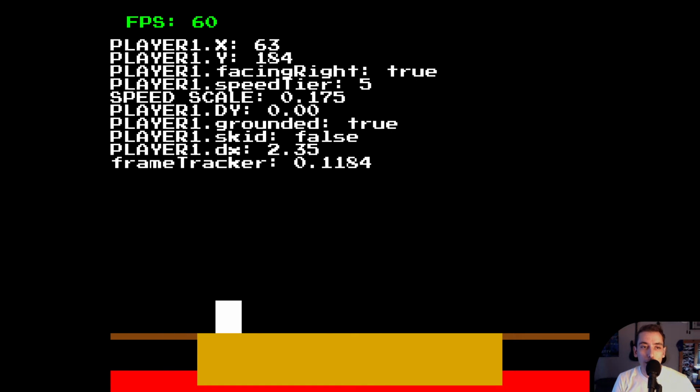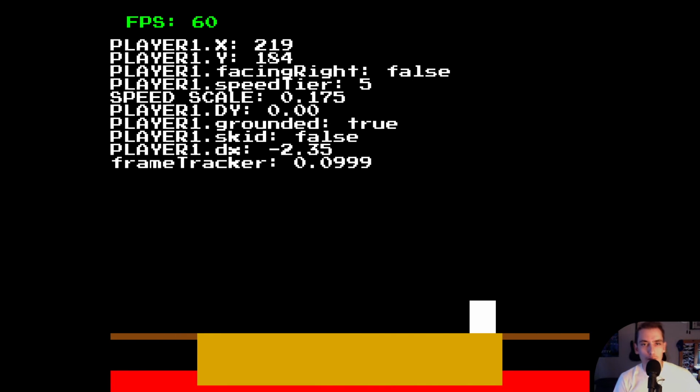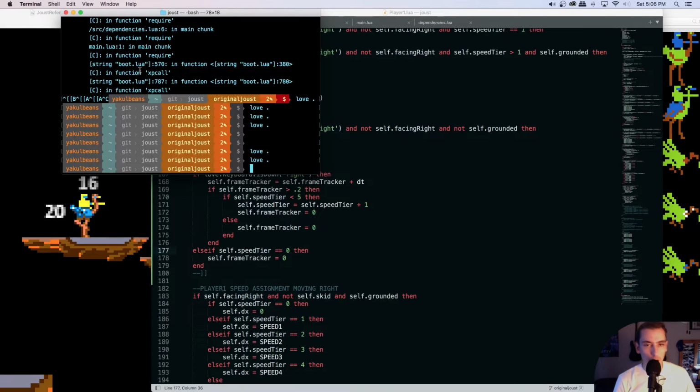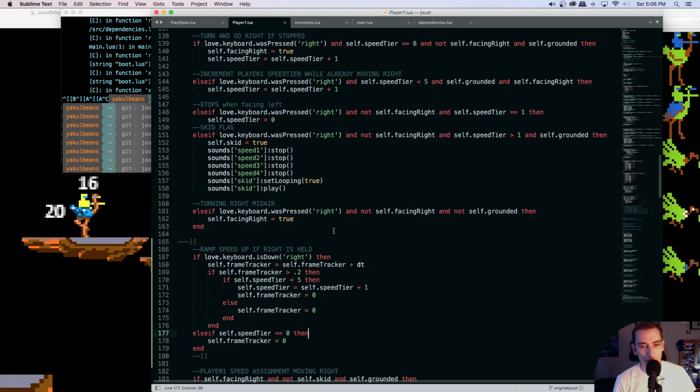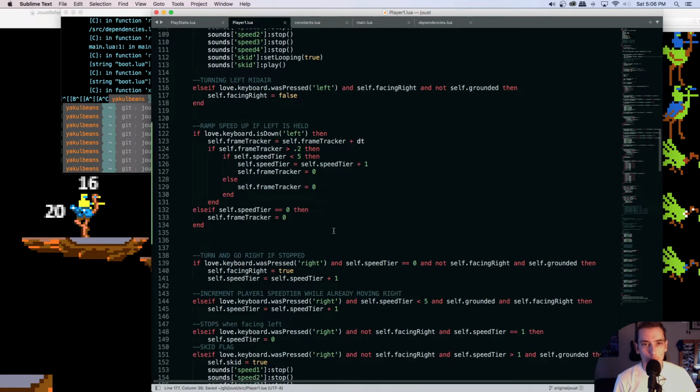Okay, I think I'm happy with that. My only concern is if you keep it held, then frame tracker is getting all of this updated garbage, which is totally unnecessary. It doesn't need to be calculating all that junk. It works though, but yeah, maybe we say